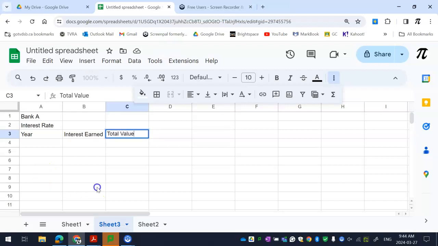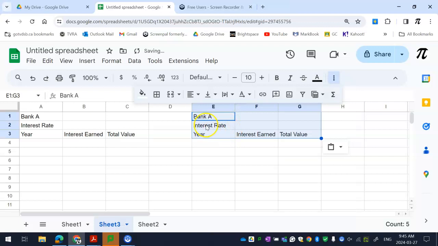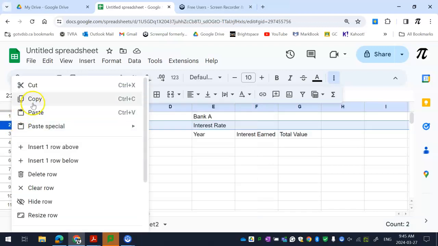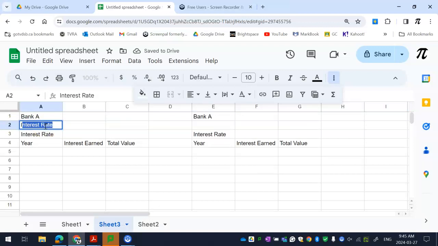So that's the first one, and then I have the same sort of thing for Bank B, so I'm going to just change that a bit. I want to make sure that I'm in the right columns. So it left D blank, and then I go here, Bank B, interest rate. Oh, I forgot initial deposit. So if I want to add a row in here, I'm going to insert one above, and then I'm going to say interest rate. And note, it thinks I'm saying interest rate because I had that before, so it is smart that way. But it's initial